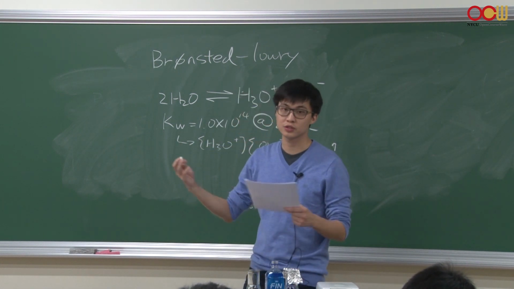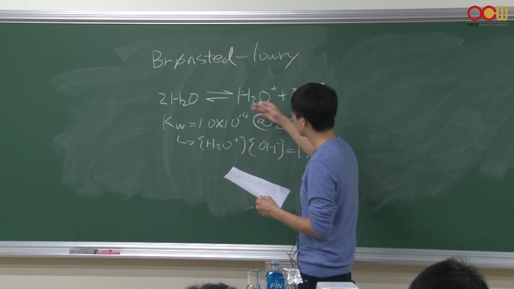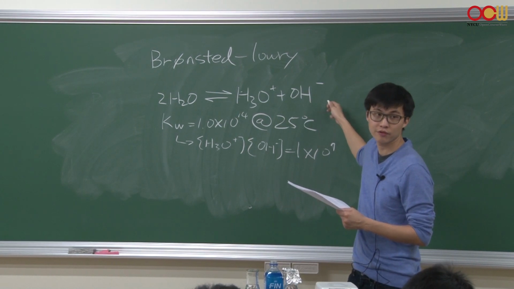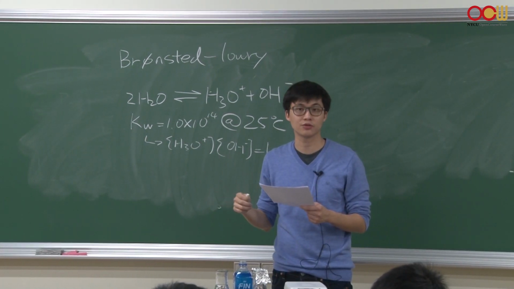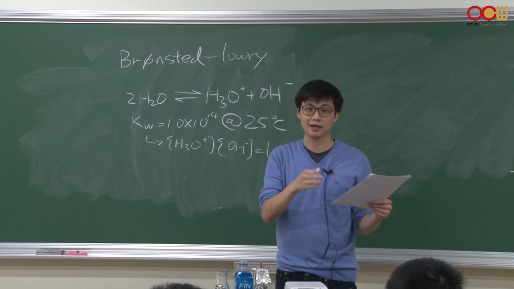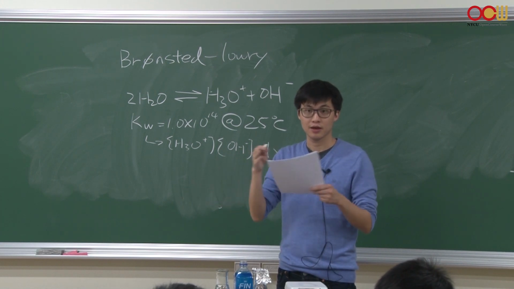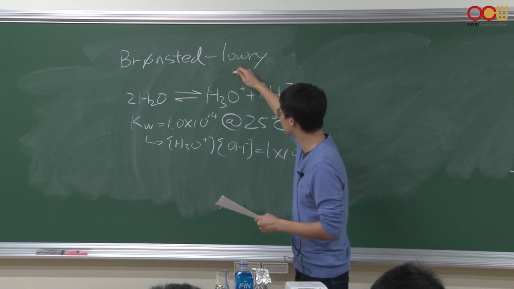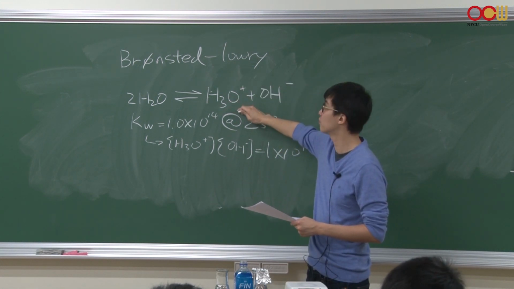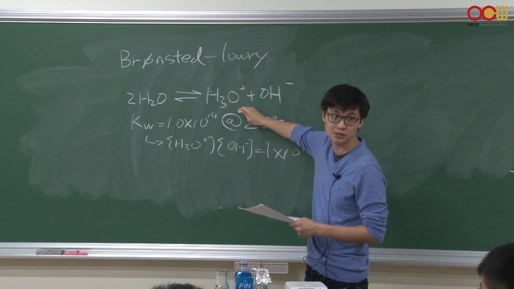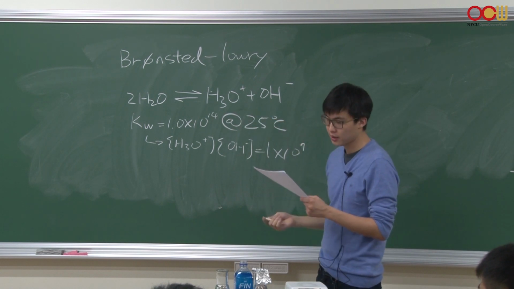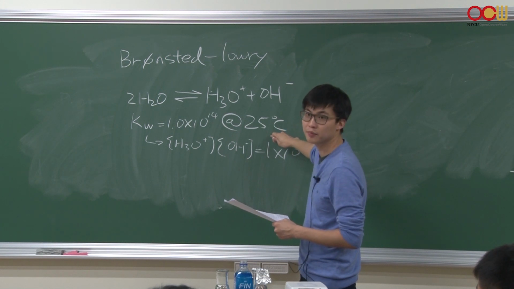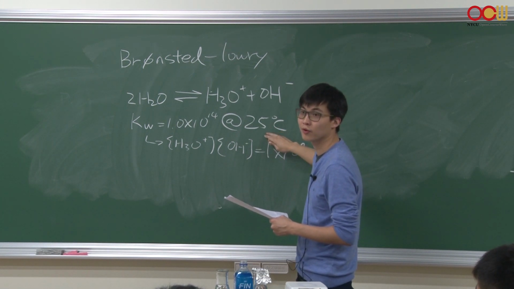All right, and when you lose H+, for example in water, it's going to give you a base, okay? And in the previous lecture, we talked about conjugate acid and conjugate base, okay? So an acid forms a conjugate base, and a base forms a conjugate acid, okay? So that fits the definition for the Bronsted-Lowry acid and base. That makes sense? Okay? So at 25 degrees C, when we're talking about pH, we normally refer to room temperature,